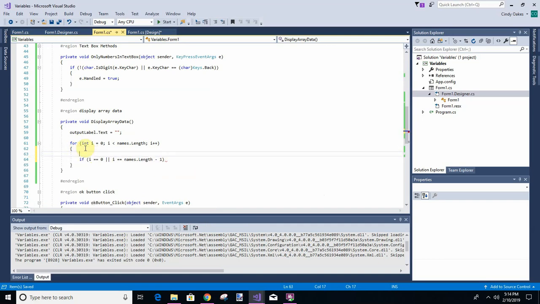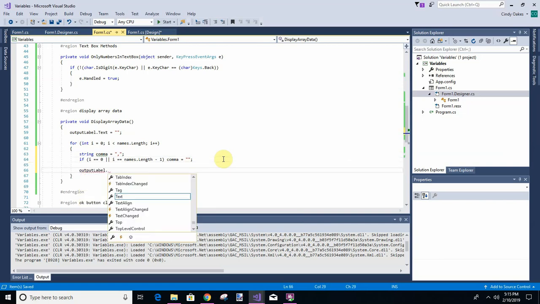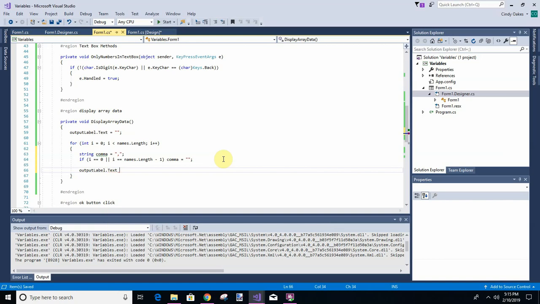But we're going to have a little character. We're going to say string comma equals, we're going to start it off as a comma. But if I equals 0 or it's the last one of the list, then we are going to say it's just spaces. Equals nothing. It's not even a space, it's just nothing. But then after that, we're going to say output label text, and there's several ways you can do this too, but we're just going to say plus equals,